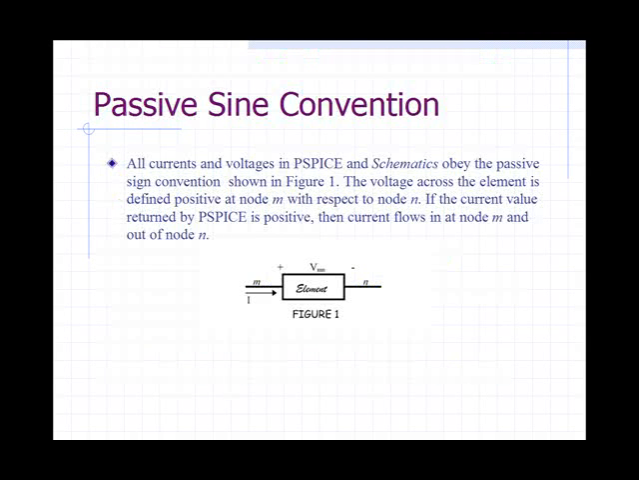Before we get started, let's keep in mind that PSpice uses passive sign convention. All currents and voltages in PSpice and schematics obey the passive sign convention shown in figure 1. The voltage across the element is defined positive at node M with respect to node N. If the current value returned by PSpice is positive, then current flows in at node M and out of